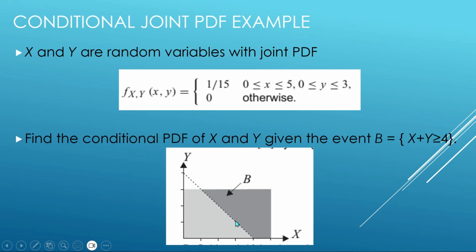So it will be integrated from here to here, this value to here. Then if y is equal to 2, then it will be from here to here, and so on. So if we use these limits, we will integrate the function f of x comma y